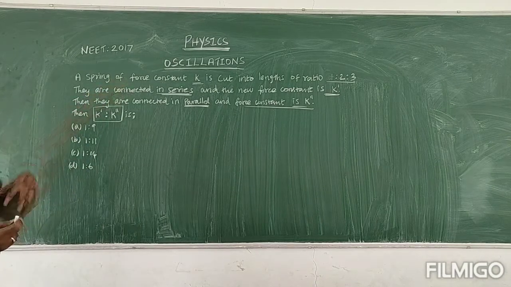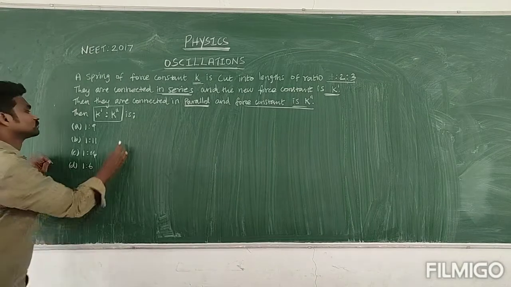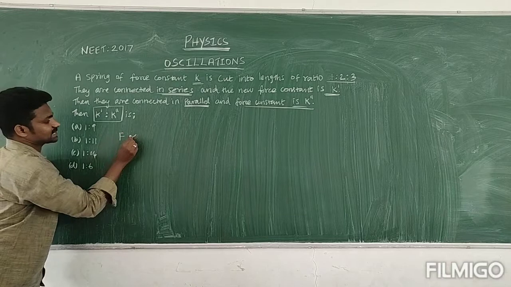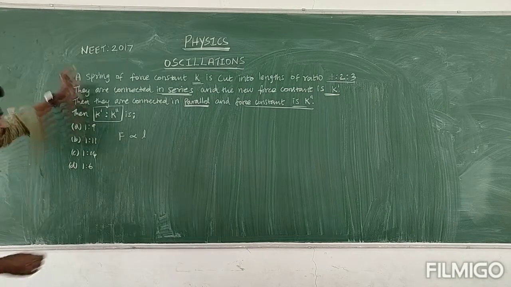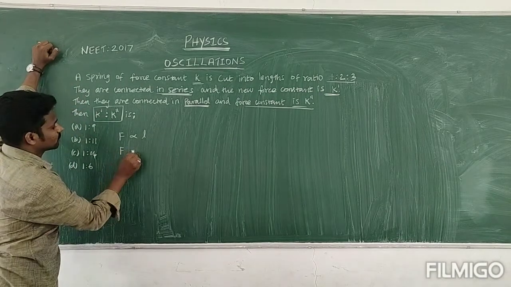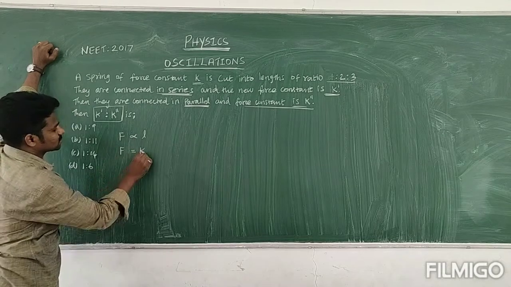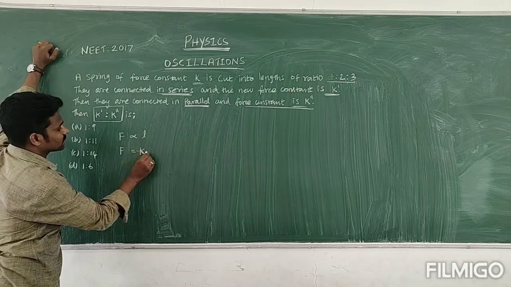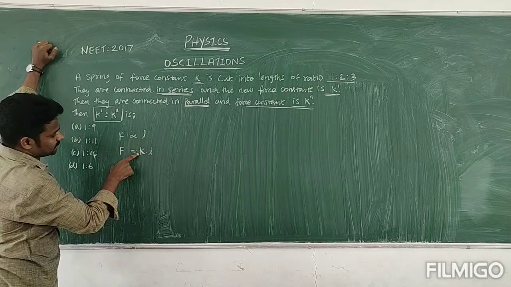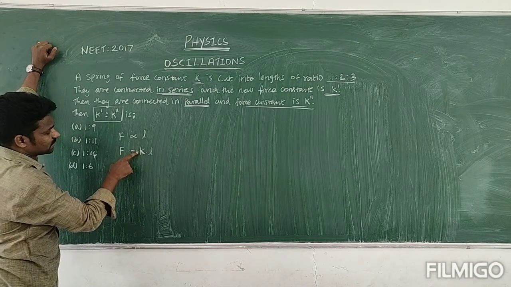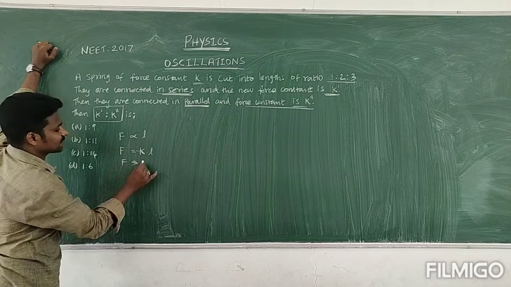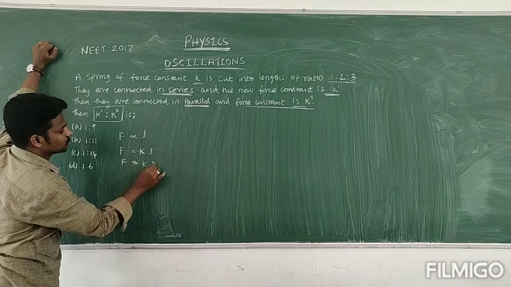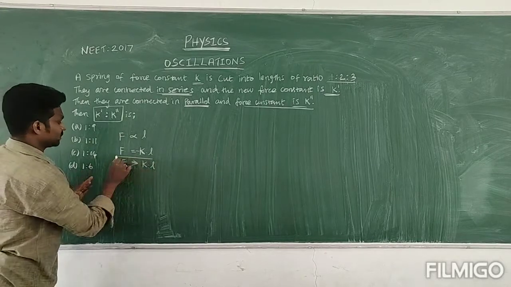So we know that here the force constant K and the length L will come. Generally, the force is directly proportional to the displacement. So we can say that F is equal to minus K into L, because here the minus sign only indicates that the force is always towards the mean position. Anyhow, we need the force value, which is the spring constant, or force constant, into the length. Okay, so this is the idea.